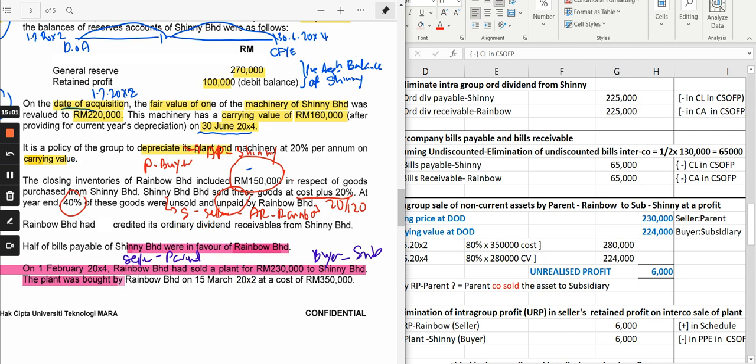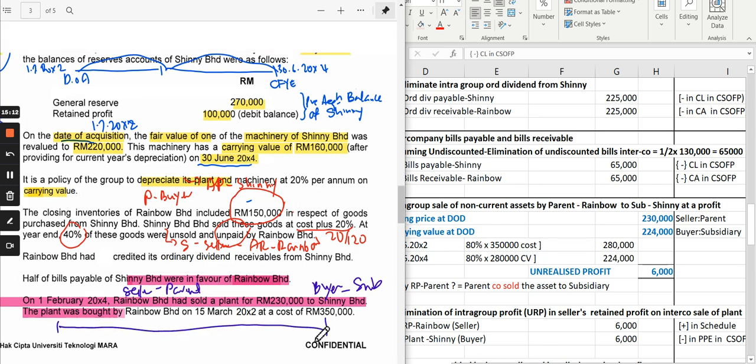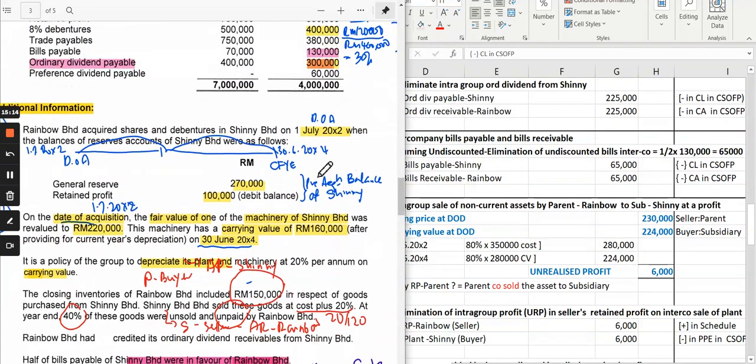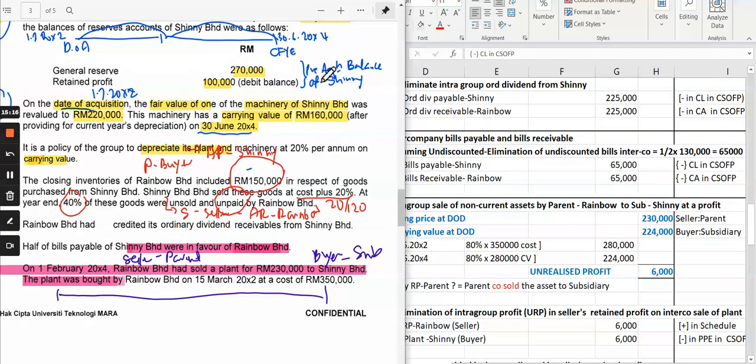So the plant was bought by Rainbow on 15th of March, year 2. So the transaction took place somewhere after the, if you look at the date of acquisition, 1st of July, year 2. So this was bought on 15th of March, year 2. That was the date of purchase actually. However, we are not interested so much in that. We are interested in the date of